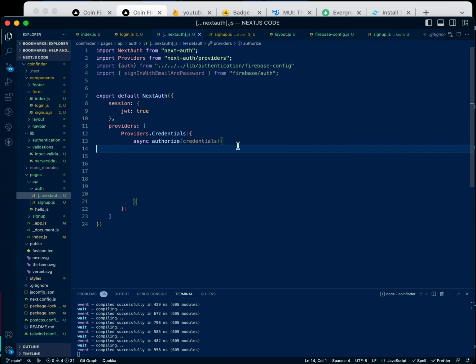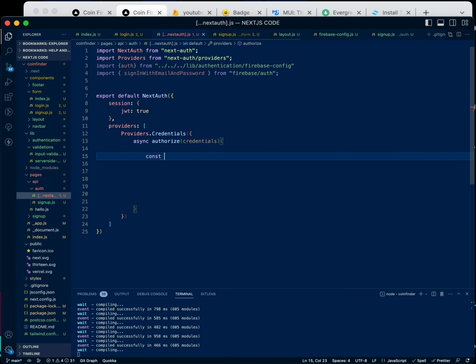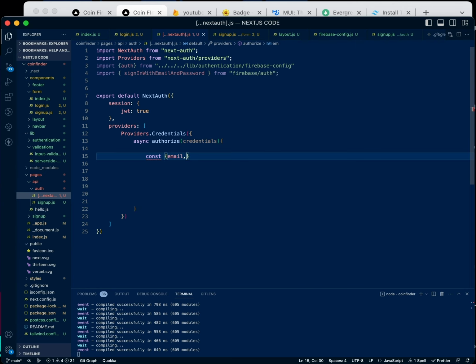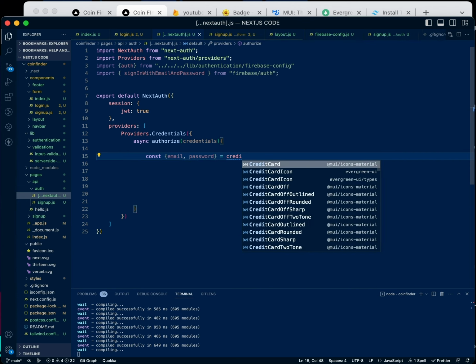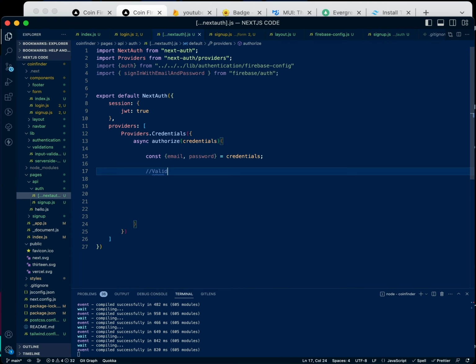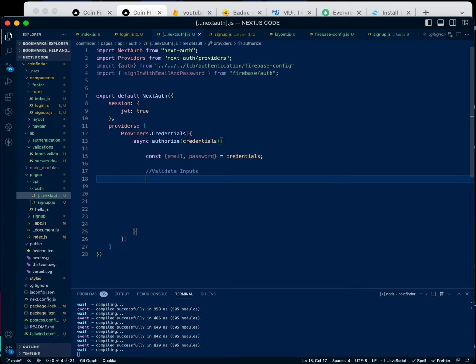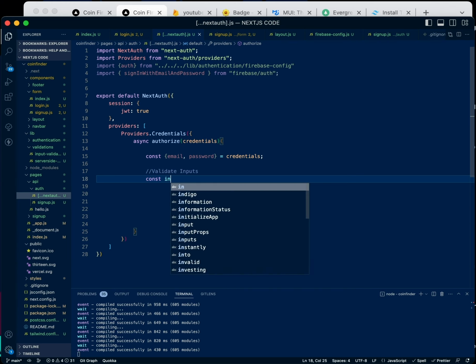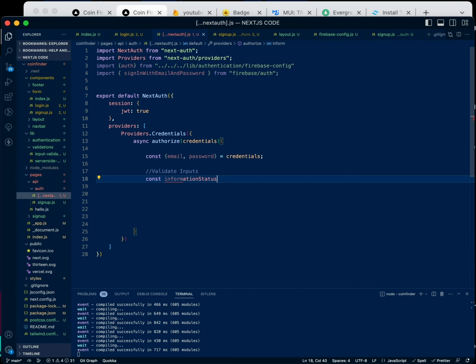The first thing we need to do, we need to get the email and password. So we're going to get that with data destructuring, email, password. We're going to get that from our credentials. All right, then we need to validate the inputs. So what we're going to do, we're going to say constant, in the same way we did in our sign up, information status equals to